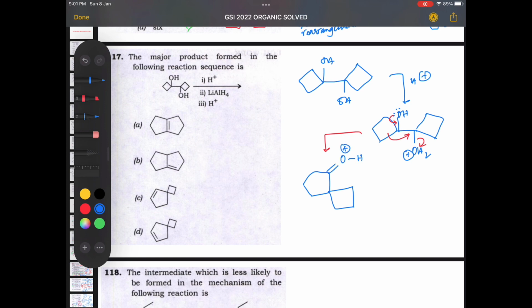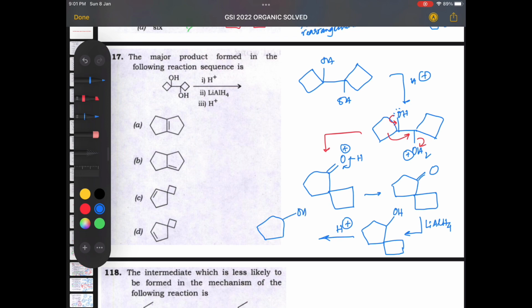So once again, the reaction driving force is the formation of C double bond O, which is a very strong bond, and also a 5-membered ring from a 4-membered ring, relaxing the strain. So then LiAlH4 has been given, which actually reduces the carbonyl group C double bond O into OH alcohol. After that, once again protonation is done, so it becomes OH2 plus,